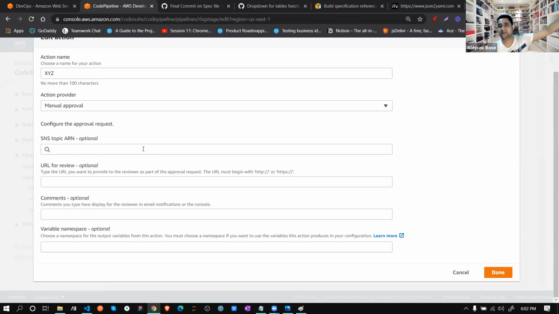Here there are other things like SNS, SQS, where a notification will be sent to you via either email or SMS. Think like this: if I am telling you developers, do your job up to development or stage, and if something is coming to prod without my approval, do not push anything.